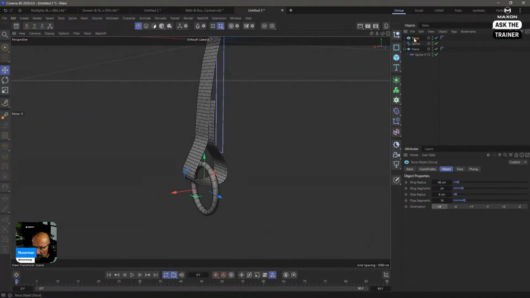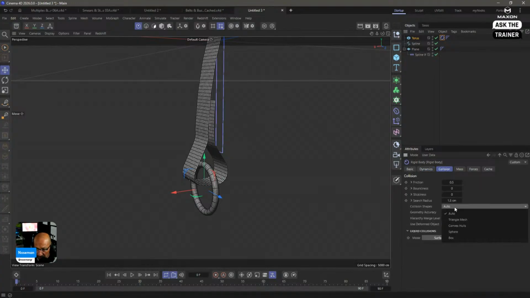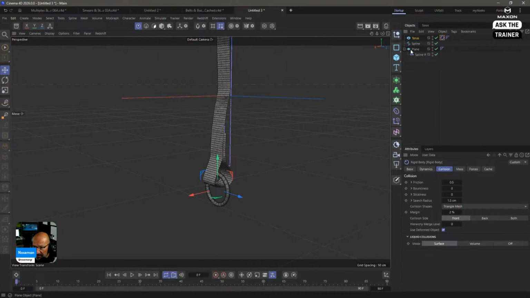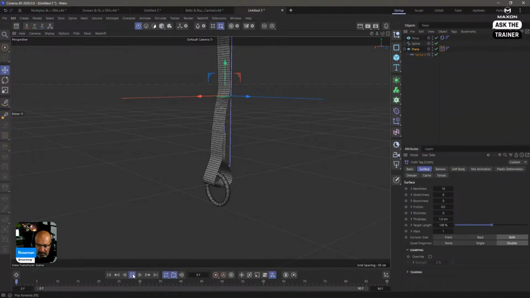There you go. Make this a rigid body, and if it has holes, make sure to set the collision not to auto, but triangular mesh or something else. And the other thing I'm going to do is right click and set this to be a cloth, so everything's going to fall.